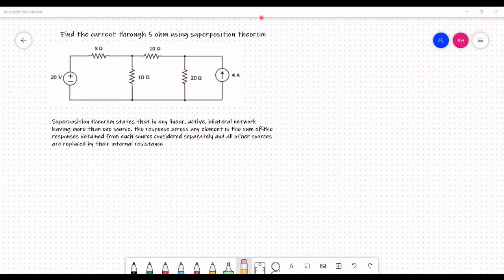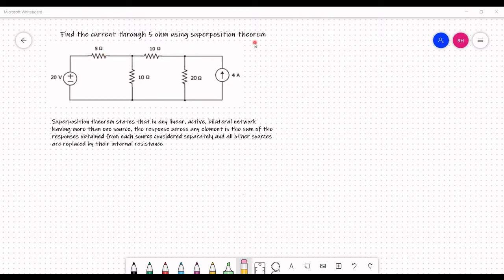Hello everyone. In this video, let me explain the application of superposition theorem to a network. For this, let us consider the following circuit diagram and find the current through the 5 ohm resistor by